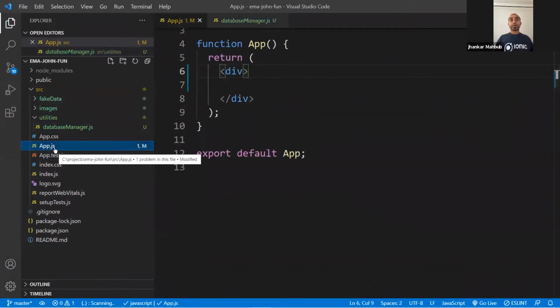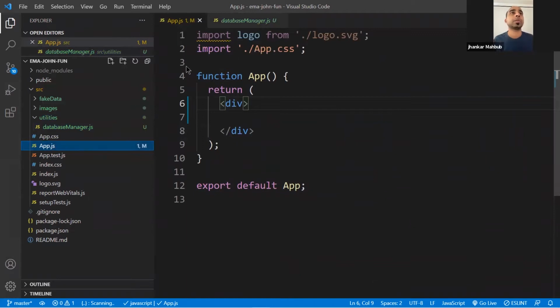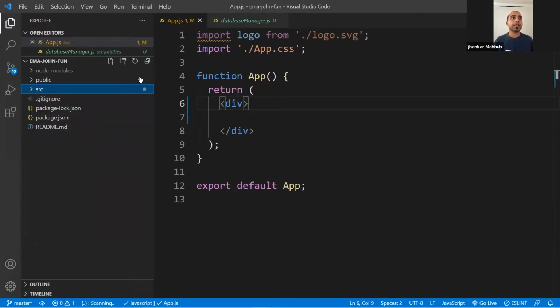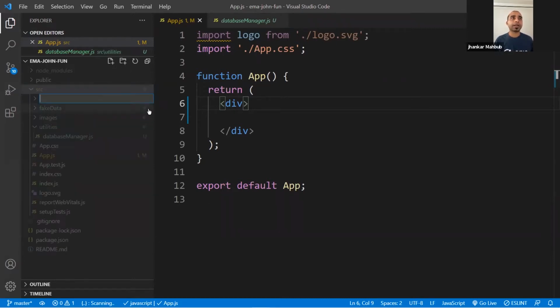Rather, we will start creating some components like this one. And to do so, in a mid-range or large application, you might write several components. And for those cases, in the src, ideally, you will create a folder called components. This is to tell that all the components are actually inside here.